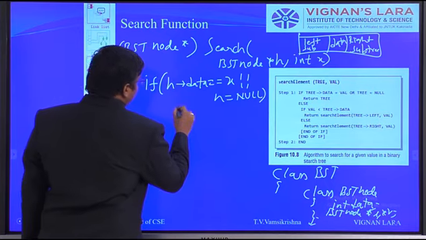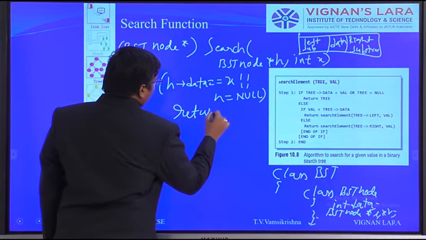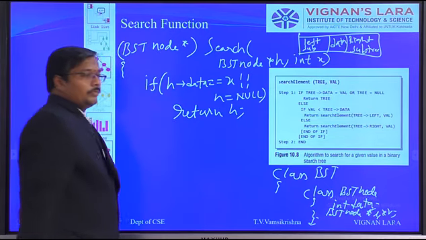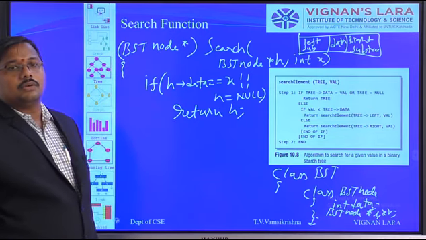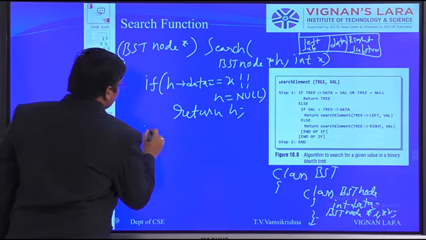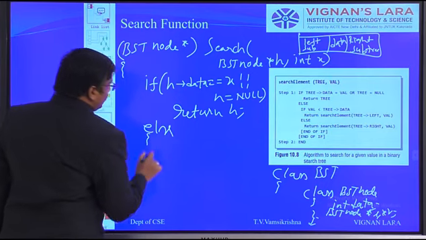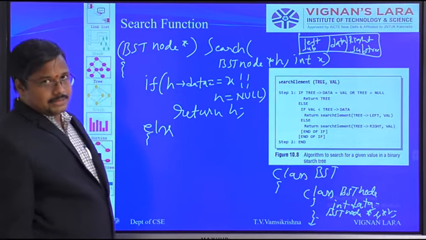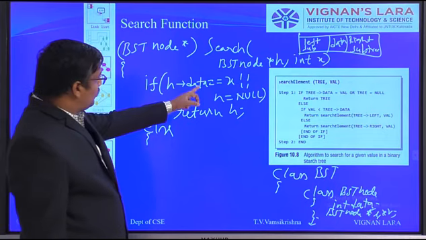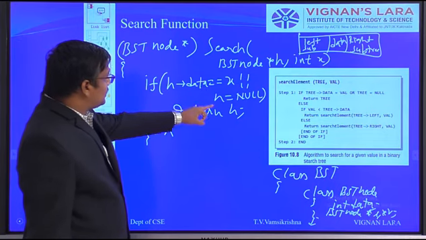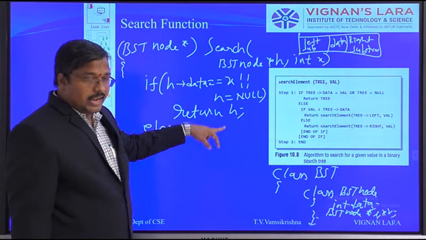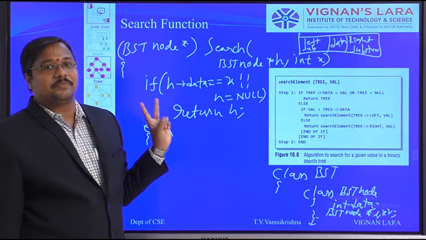In both cases, we return H. In the element found case, H will be returned. In the element not found case, null is returned.